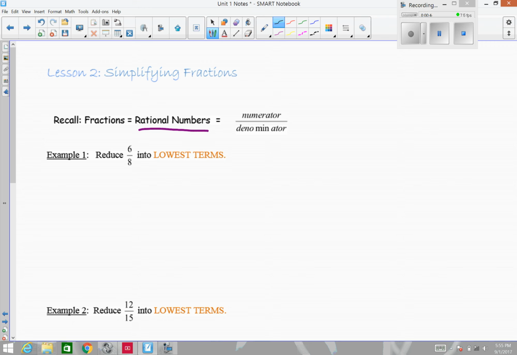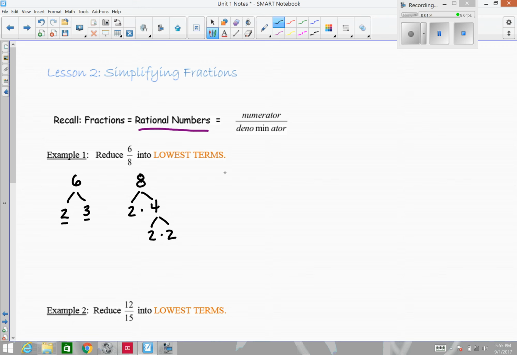Now I'm going to go through this the long way, which would be taking the 6 and the 8 and doing that prime factorization for each. Remember, 6 is a composite number, and I can write that as the product of 2 multiplied by 3. And because 2 is prime and 3 is prime, I'm finished with that one. 8 is also a composite number and can be written as 2 multiplied by 4. 2 is prime, but 4 is not, so I can break that 4 down into 2 times another 2,